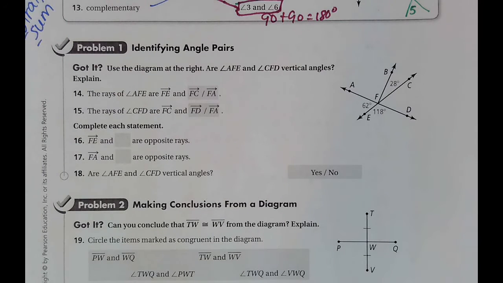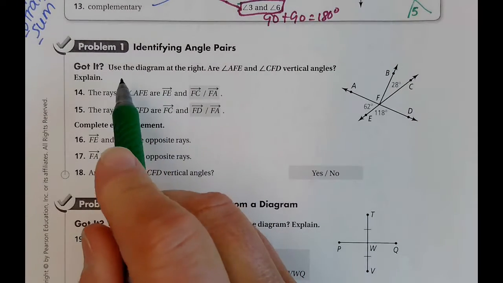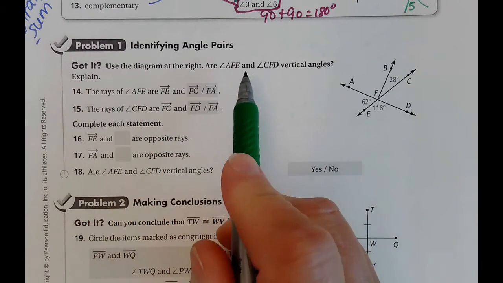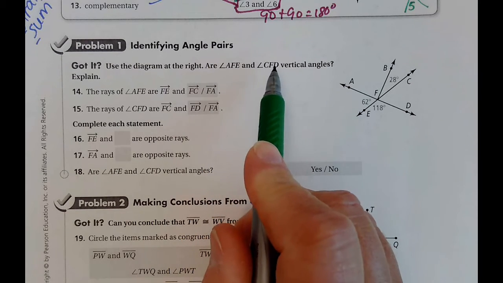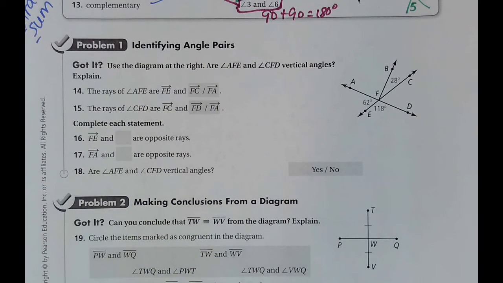Let's do a little practice with our angle pairs and identifying them and figuring out what we know about them. So it says, use the diagram at the right: are angle AFE and angle CFD vertical angles? So let's find AFE and CFD, and I'm going to find a highlighter actually. So angle AFE